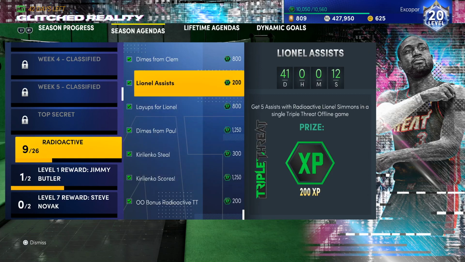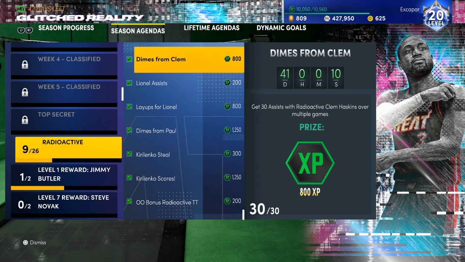those points with Mark Eaton, you are getting the 30 assists for Clem Haskins off of those 60 points. So the thing that you're probably going to want to do is take Haskins, call like a 5 out, whatever the 5 out play is. I think it's like pass away, something like that. Then you're going to call for a pick and roll from Mark Eaton and just keep cycling through it over and over again until you get your 60 points with Mark Eaton and 7